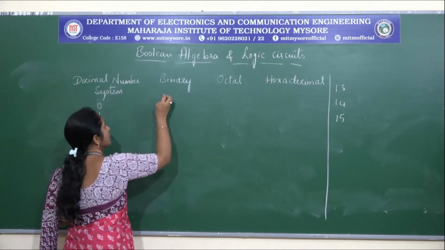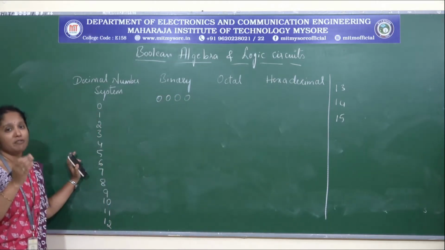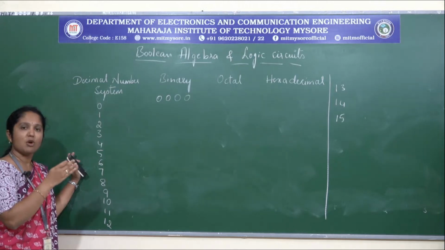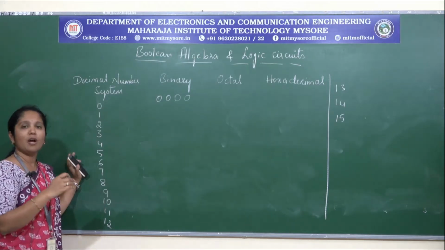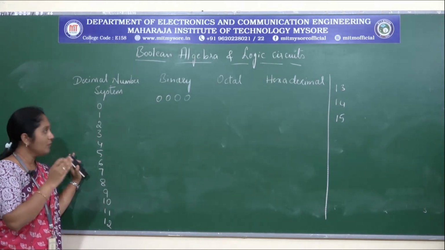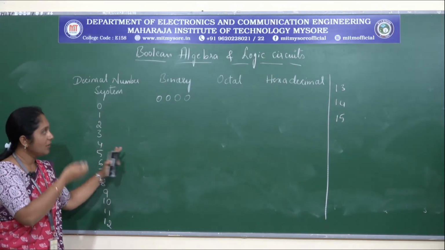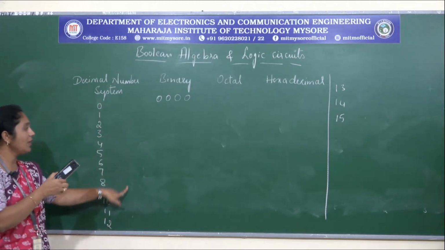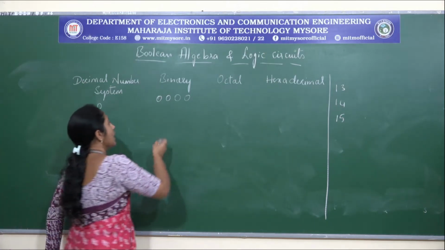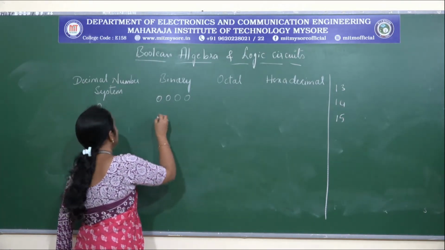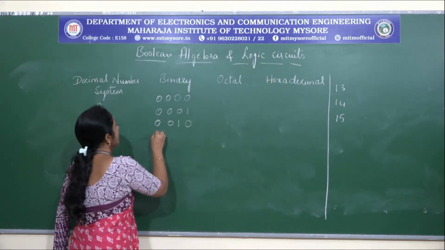Let me write the same 16 numbers in binary. In order to represent 16, or actually not 16, since we are starting from 0, here also we will be having the maximum value, that is the last value, as 15. Therefore 4 bits are sufficient since we can represent 15 using 4 bits. So I am writing the equivalent of these numbers in binary using 4 digits. Yes, so I have 0, 0, 0, 0 here, next 0, 0, 0, 1, 0, 0, 1, 0,